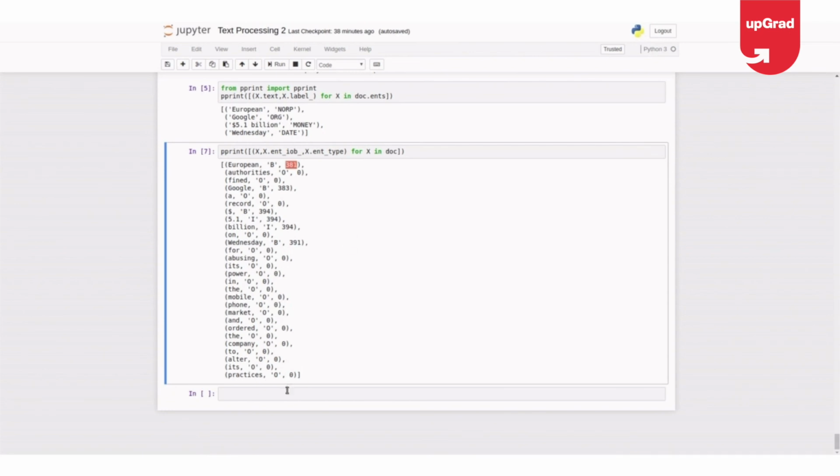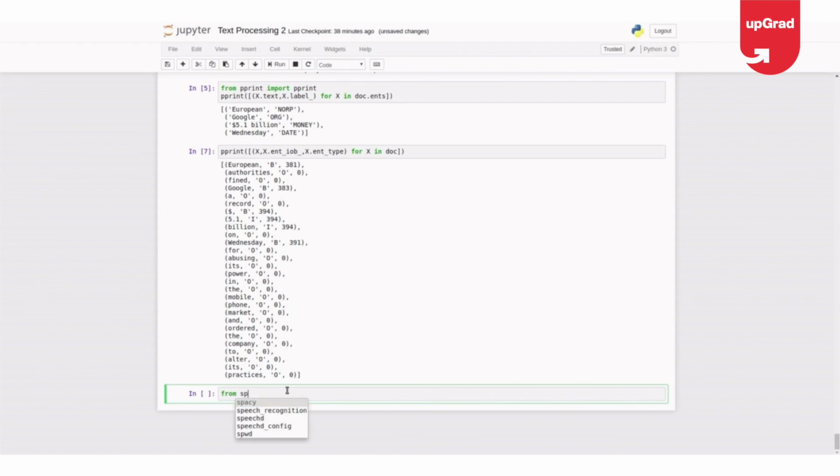There's something called displaCy inside spaCy which can render the NERs in a proper view. So from spacy import displacy. I'll just show this. displacy.render, nlp of our sample sentence, comma.